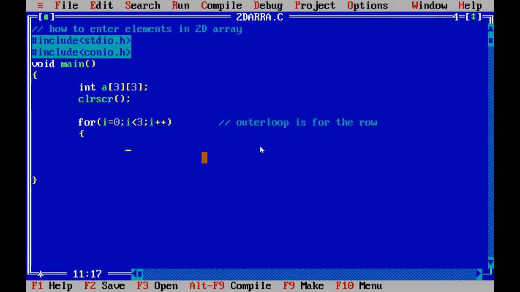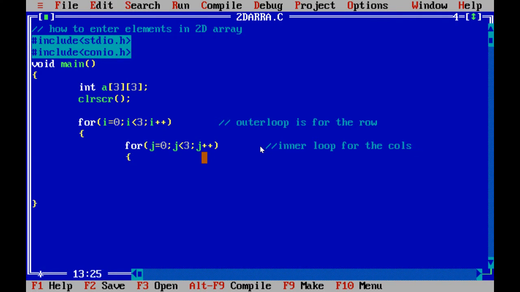Okay, now another loop we need, the nested loop, we call j is equal to 0, will start from 0, and this is for the column. We have 3 columns, right? So again j less than 3, j plus plus. This is your inner loop for the columns, right?